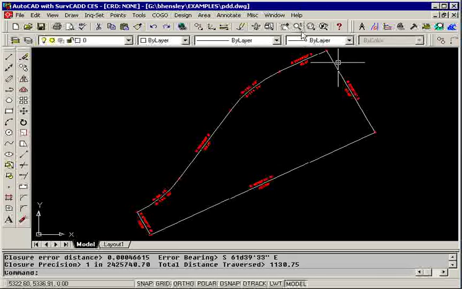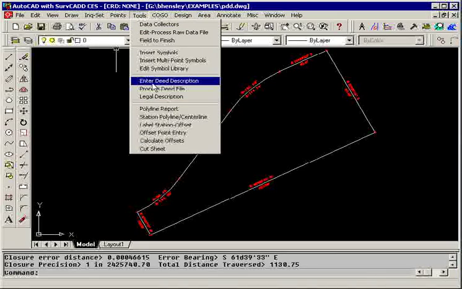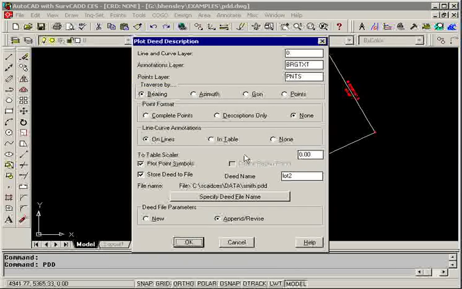Just to give you an example of the difference, if we went back to points and entered deed description, and we'll just key in one call maybe. Now we're going to change. We're going to say I want complete points, and I want my annotations on the line, and I simply hit OK again. Now notice what it's done. It's automatically switched us to a pen revise on our specified deed file name, which is what we want, and we'll say this is lot 2. So we'll just simply hit OK,